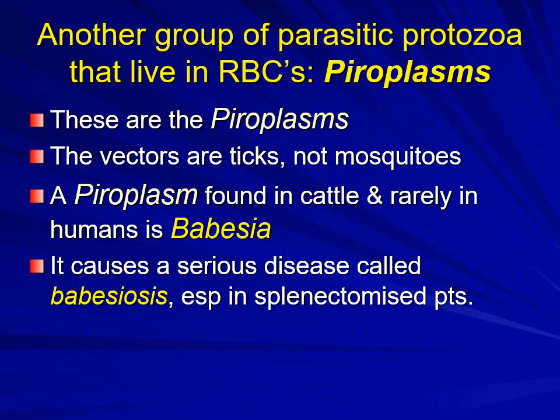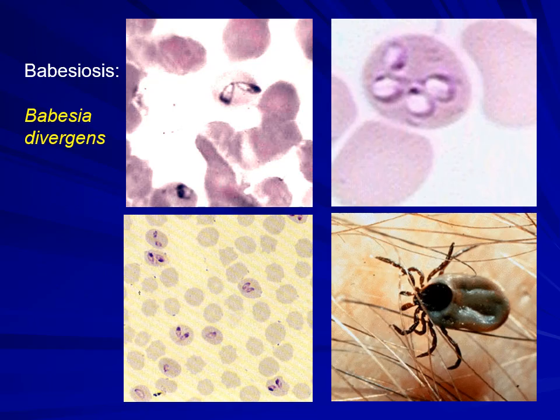Another group of parasitic protozoa, like I mentioned before, are the Babesia. You can go over this slide and look at it at your leisure. Babesia is transmitted not by the mosquito but by the tick. What you see in the right lower corner of this slide is a tick. I think that this is rather a soft tick, and a tick is an arachnid. If you notice, it has got 4 pairs of legs.